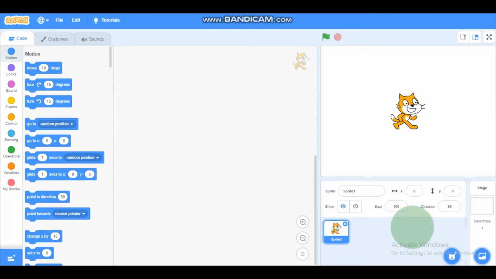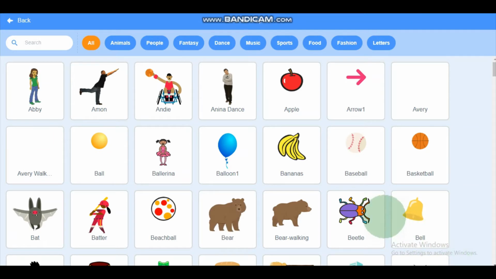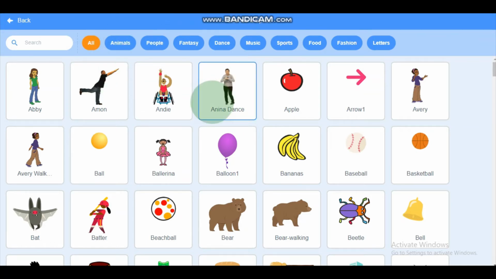First, let us start with the simplest way of creating sprites, by importing one from the library. Let's click choose a sprite. This is found in the sprites pane below the stage, and we have to click the icon immediately to the right of the new sprite text to view the library. Now we get the library,